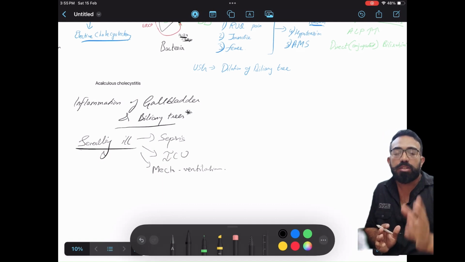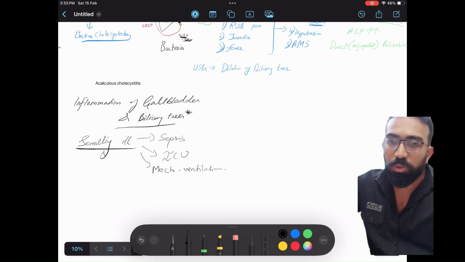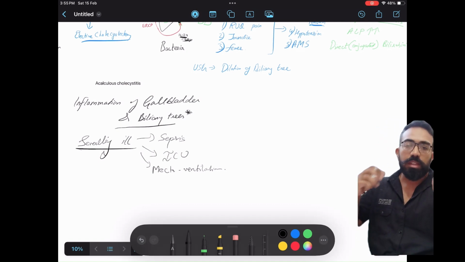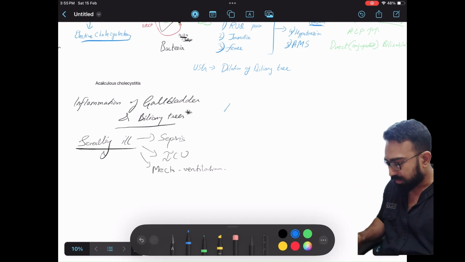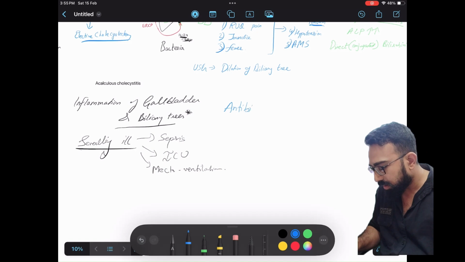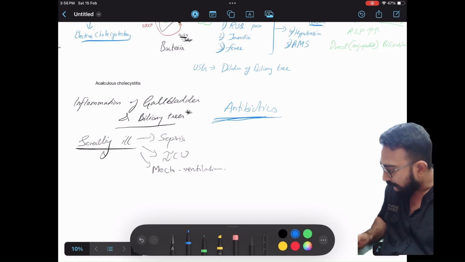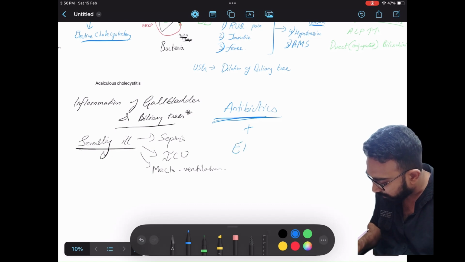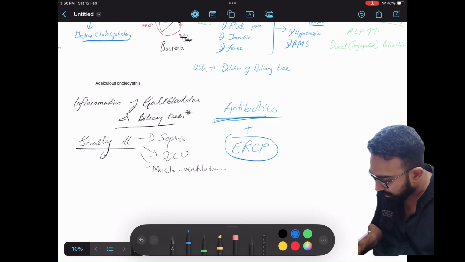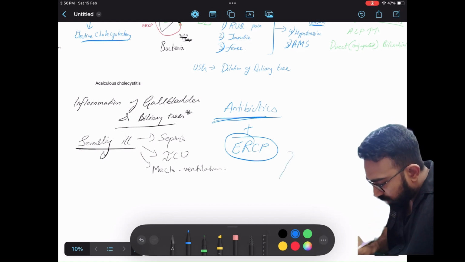Now you will be asked, what is the treatment? How will we treat it? If there was a stone, we were removing the stone. Here, even though there is no stone, the treatment is still antibiotics, because there can be infection in the inflamed gallbladder, and you still will do the same thing, antibiotics and ERCP, and that is you will